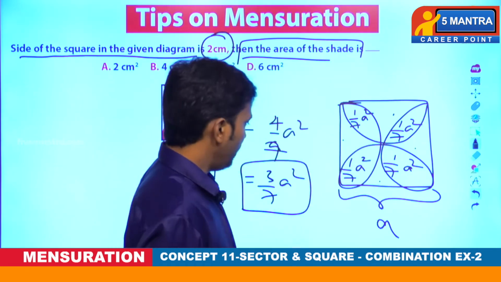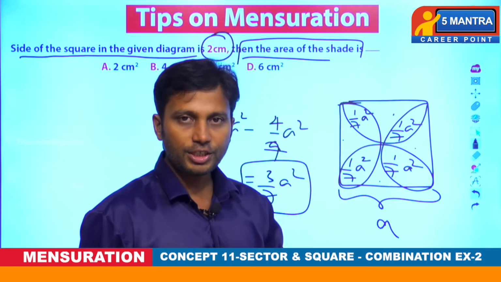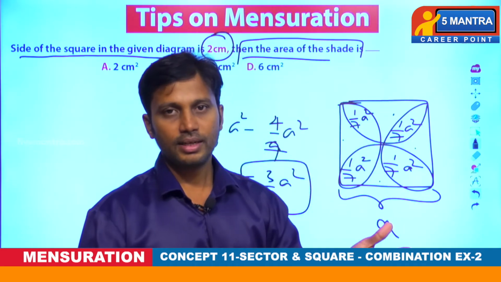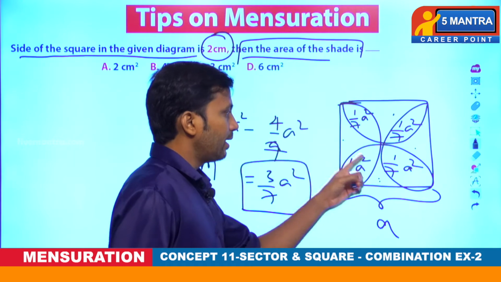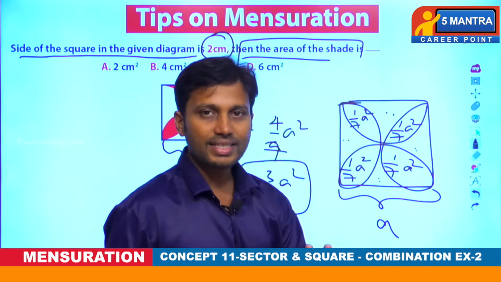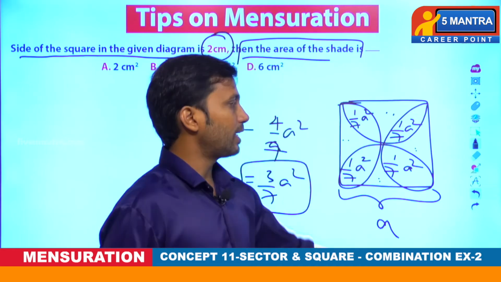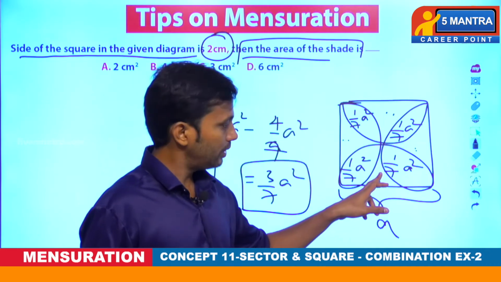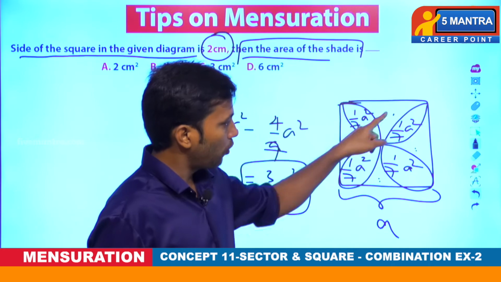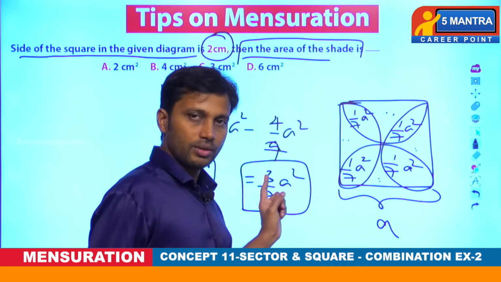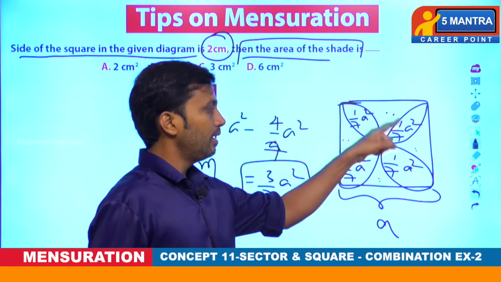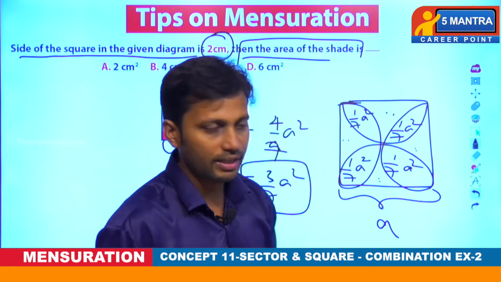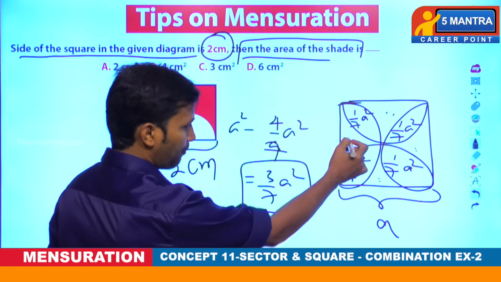Now tell me, here this 3 by 7 a square is divided into 4 parts or not? And this figure is symmetric about all the sides. When it is symmetric, then definitely these sizes are equal. When those sizes are equal, this total area also is divided into 4 equal parts, isn't it? Now here the area of the total 4 gaps is 3 by 7 a square. Then if you divide into 4 equal parts, each one would be 1 by 4 times of that, or not.